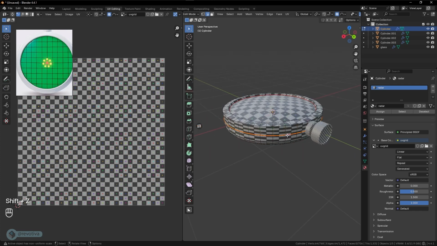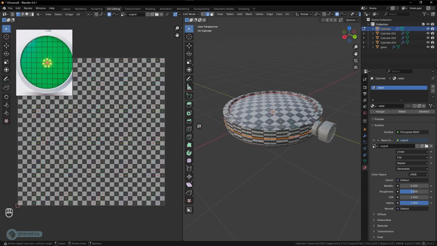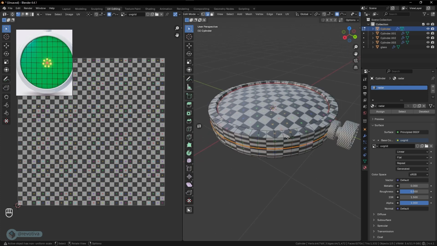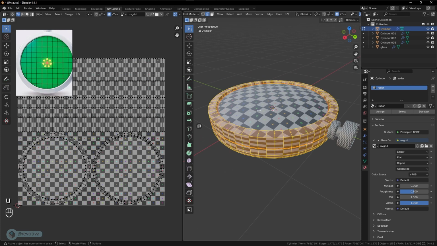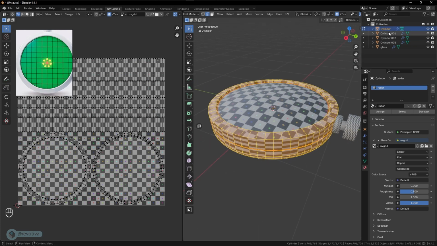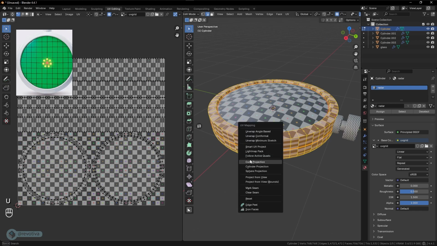Let's see how it looks. And so with this selection, I will press A and U. A is to select everything in this mesh, so I will select the whole mesh, all faces, and then press U to make the UV unwrap, and